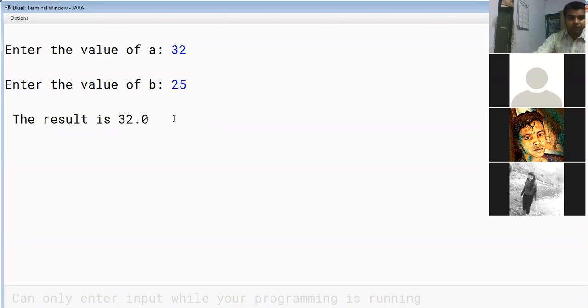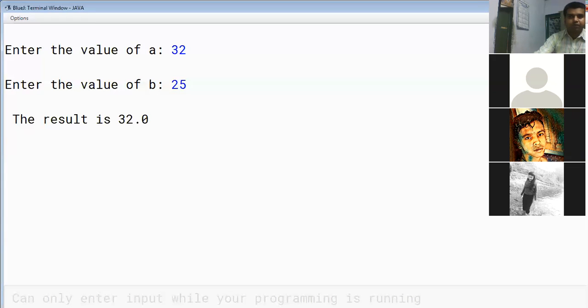Now you have to remember one more thing. When you are asked this kind of question in Section A, short questions, and you have been asked to find out the output using these mathematical functions, you have to be very specific with the data type. Suppose this kind of input is given and you write the result 32. 32 is a wrong answer because the mathematical function returns the value in the double type.